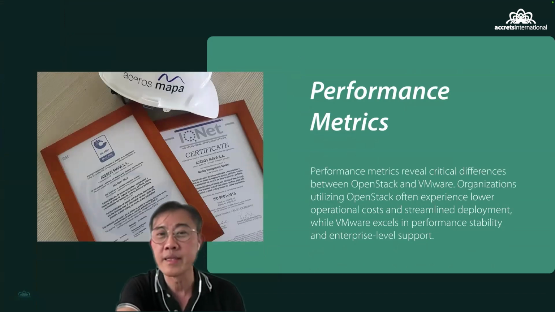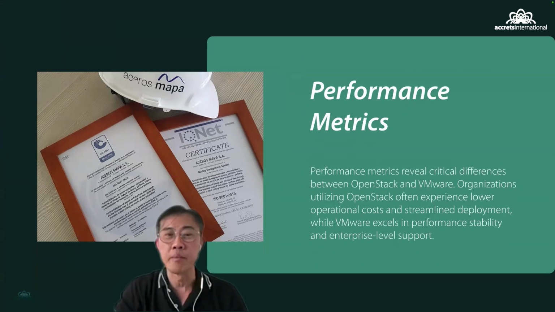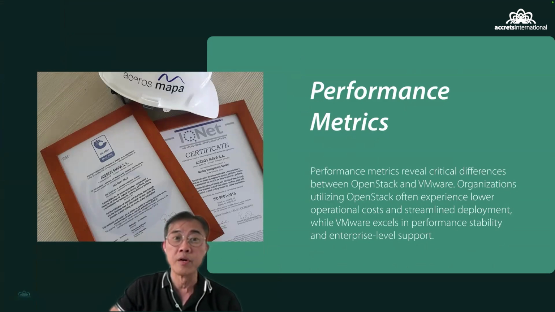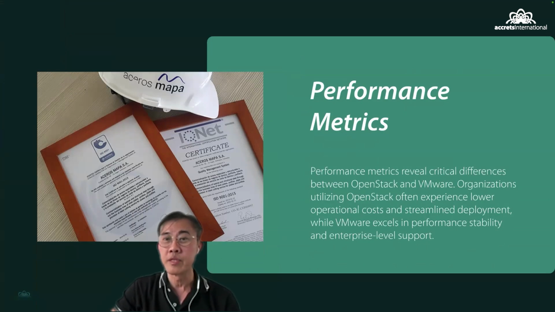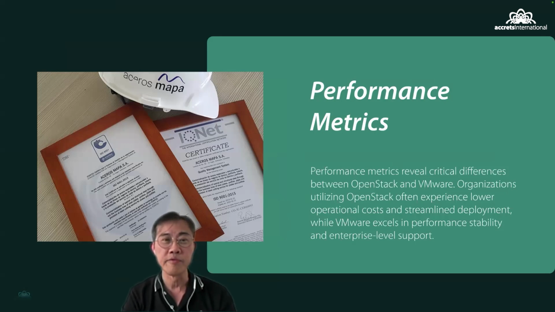Okay, performance-wise, OpenStack is moving very much closer to VMware. We have deployed quite a number of on-prem private clouds for some of our bigger customers. So performance-wise it is pretty good. We don't see any problem with running OpenStack. The only significant issue with OpenStack is that to deploy OpenStack is probably 10 times more difficult than doing VMware. But once deployed, it's actually very stable, equivalent to what you have in VMware.